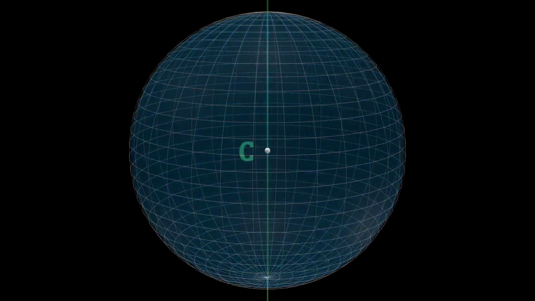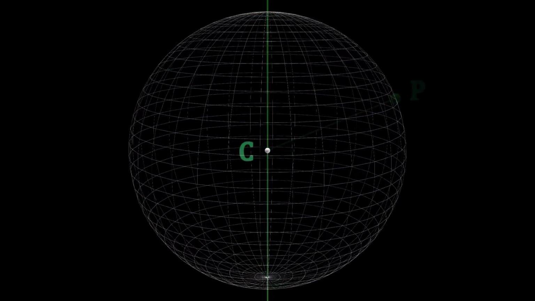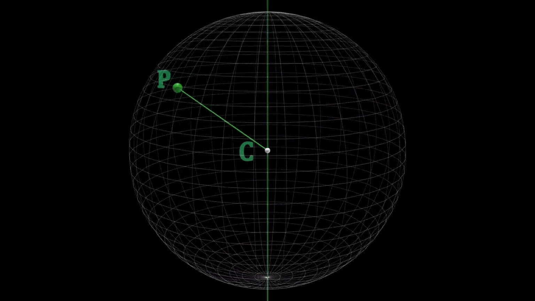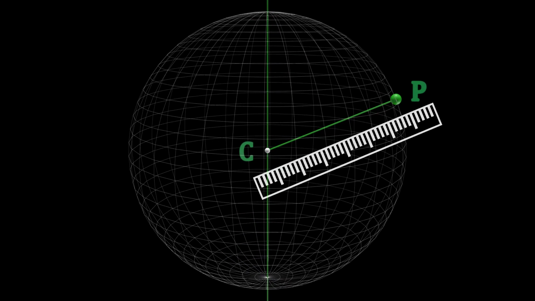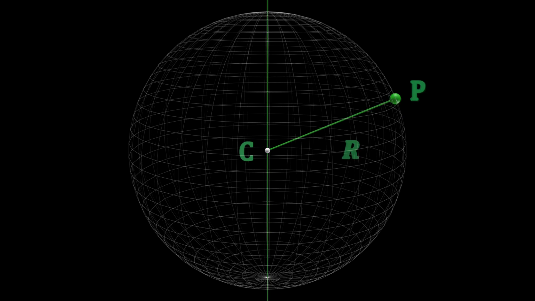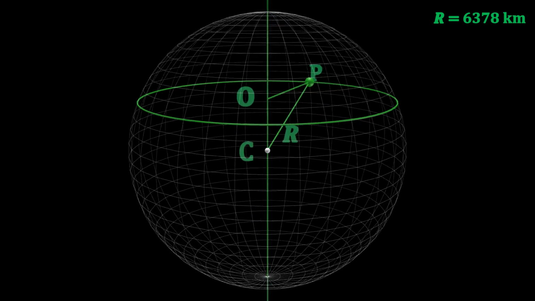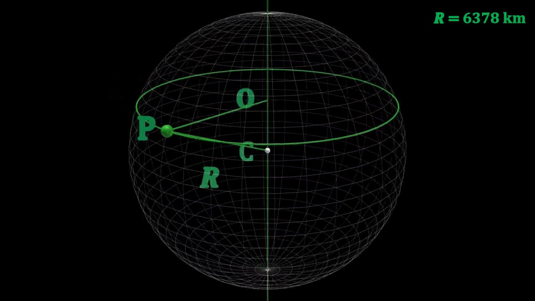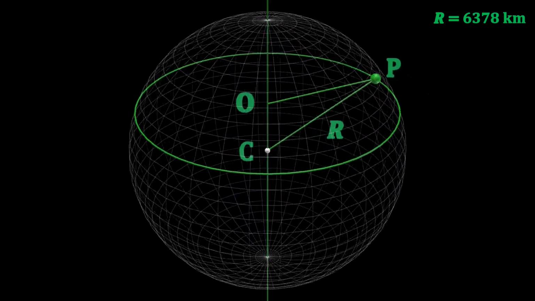Now let us consider the Earth as a sphere with center C. Consider a point P located on the surface of the Earth. The distance of point P from the center C of the Earth is equal to the radius capital R of the Earth. The radius of the Earth is 6,378 kilometers, and therefore we can write capital R equals 6,378 kilometers. Due to the rotation of the Earth, the point P is moving in a circle with center O